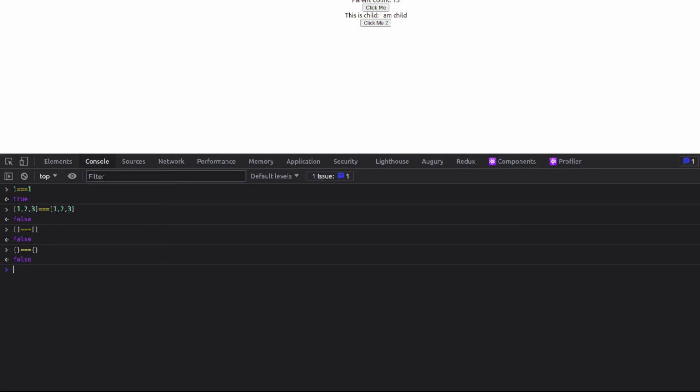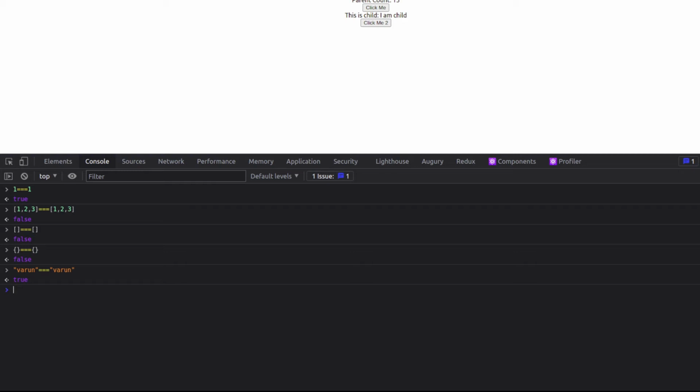Or let's compare Varun is equal to Varun. See, it is again true. So now what the hell is going on? Guys, you should know that in terms of primitives, my values are always going to be equal. My primitives are numbers, string, boolean. These are primitive values. So whenever my component re-renders, and if I am passing a primitive value to my component in React, it will be the same.